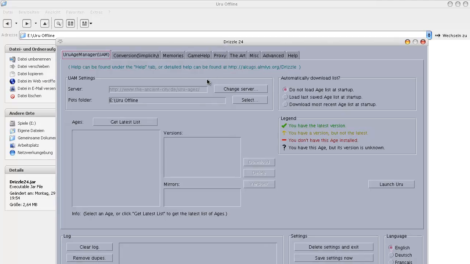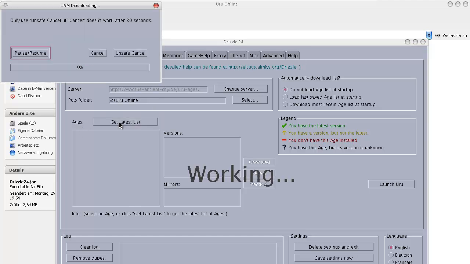And we need to do two important things here. First of all, in the pods folder, which is Path of the Shell, point it to the installation directory of Uru, and then hit Get Latest List here. This downloads a list with all the ages that other fans have already created. However, what we are interested in